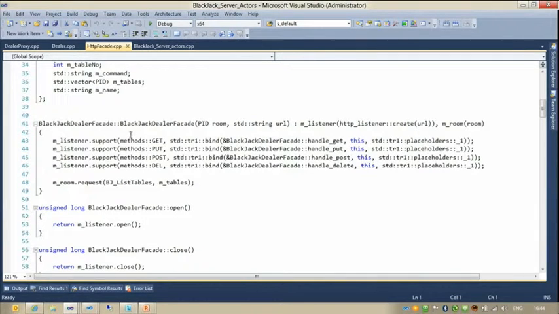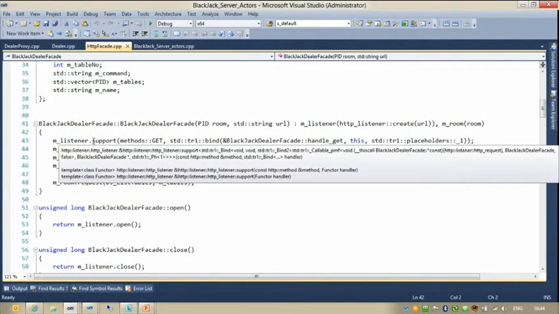Instead of passing them in as lambdas directly in a create method, we have the listener created with just a URL, like you can see here, and then we manually add the different mappings of HTTP methods to functions with a call to support.